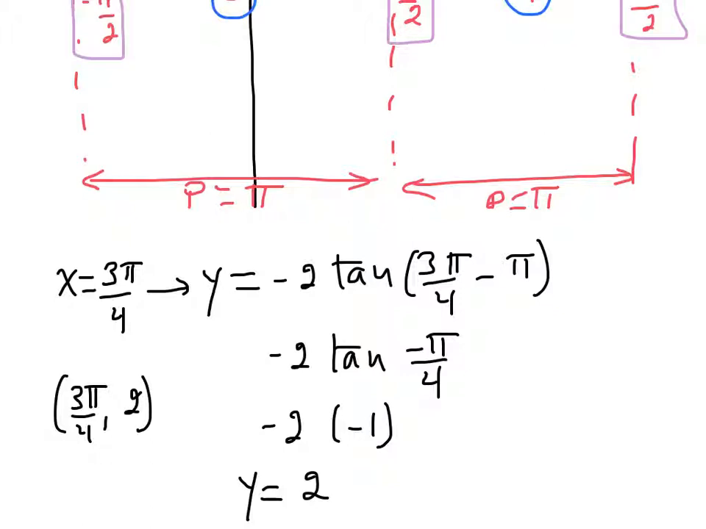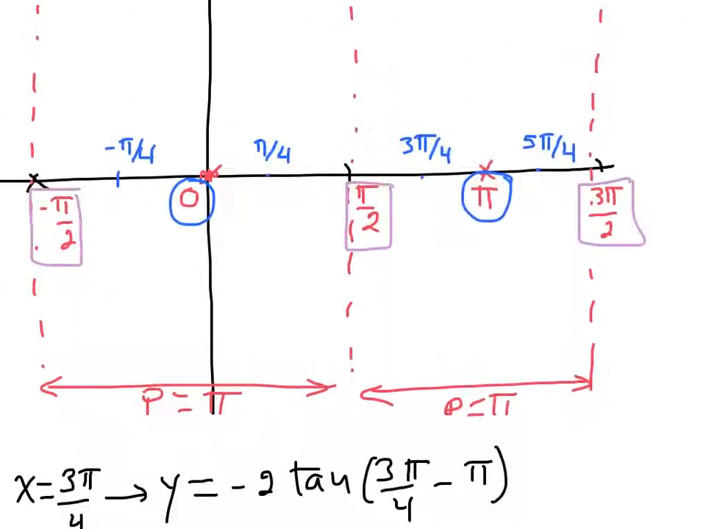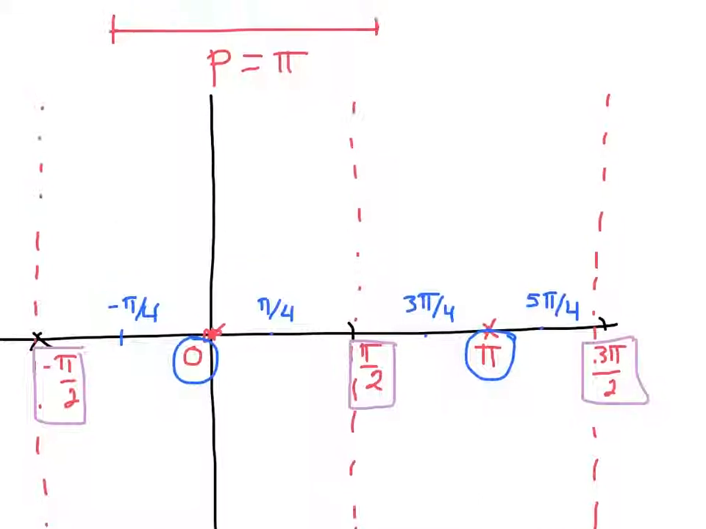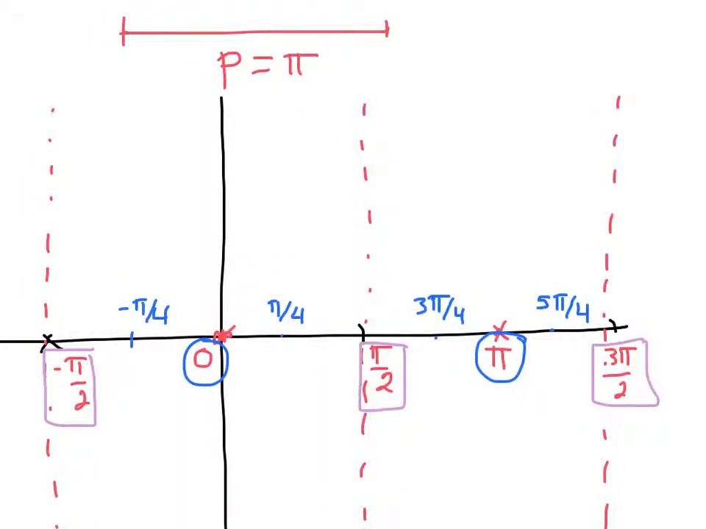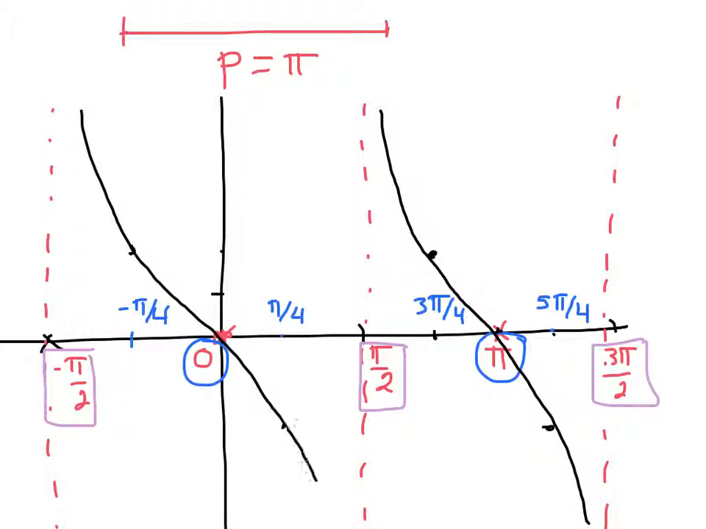Let's go back to the graph and see where that point is. 3 pi over 4 and positive 2 is going to be right about over here. By symmetry, 5 pi over 4 is going to go down to negative 2. So this graph is going to look something like this, and then it's going to repeat again here and here, exactly the same as copy and paste. Now let's label